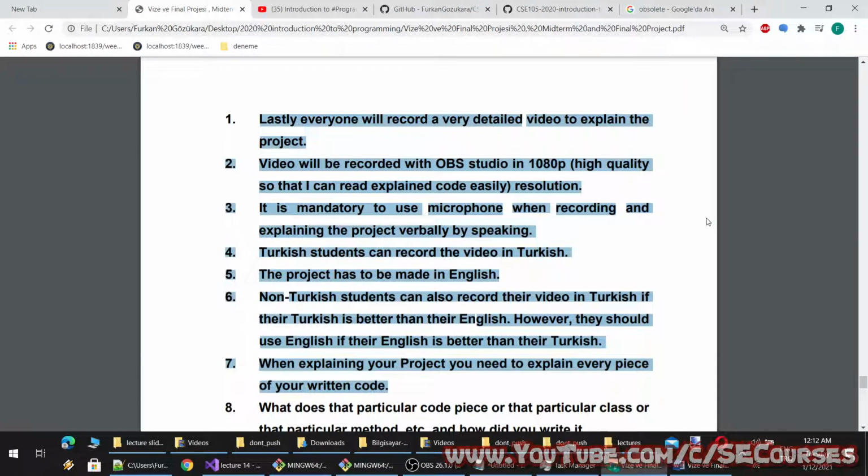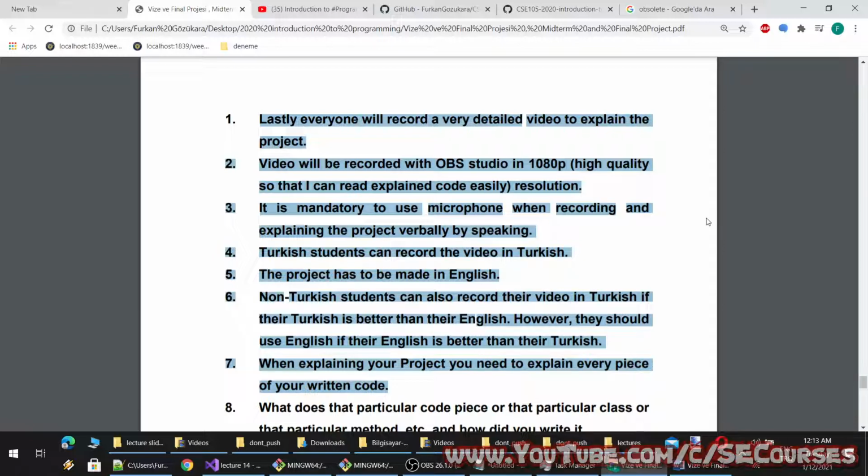Lastly, everyone will record a very detailed video to explain the project. 2. Video will be recorded with OBS Studio in 1080p, high quality resolution, so that I can read the explained code easily. 3. It is mandatory to use a microphone when recording and explaining the project verbally by speaking. 4. Turkish students can record the video in Turkish. 5.